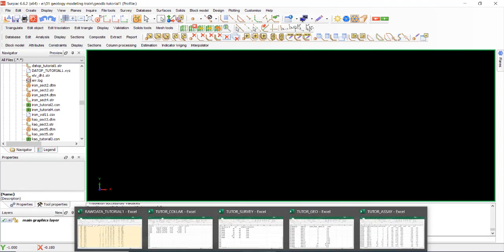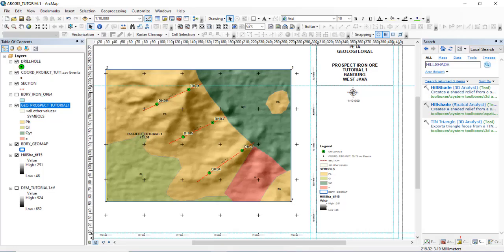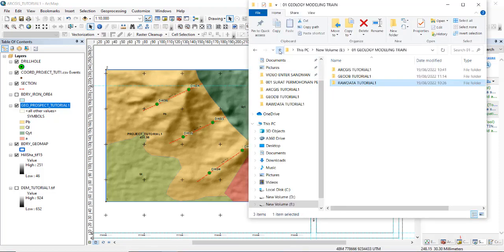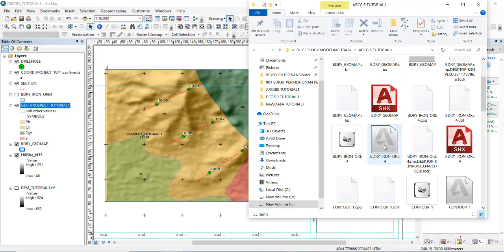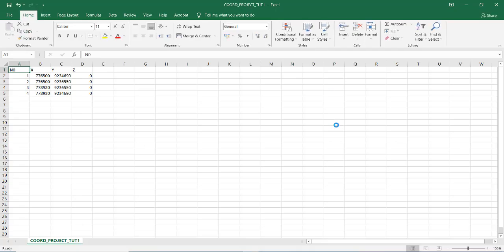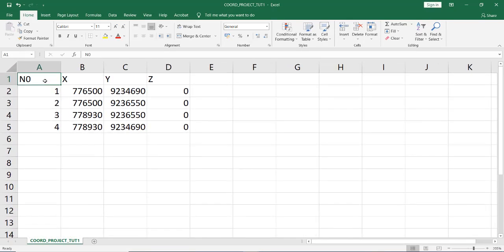and if you want to create a block model, start with the coordinates of the area. We check this area, coordinates 1, 2, 3, 4. These coordinates are in UTM. We check the coordinate data in Excel. Coordinate project. Okay, we have coordinates here in UTM.